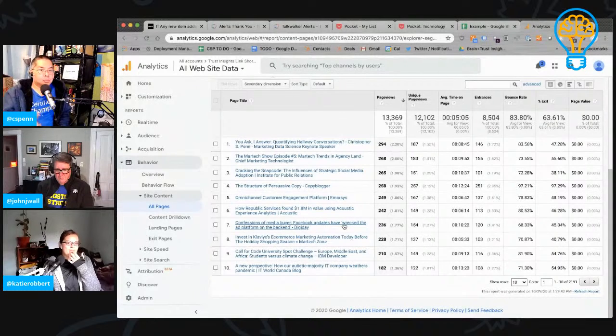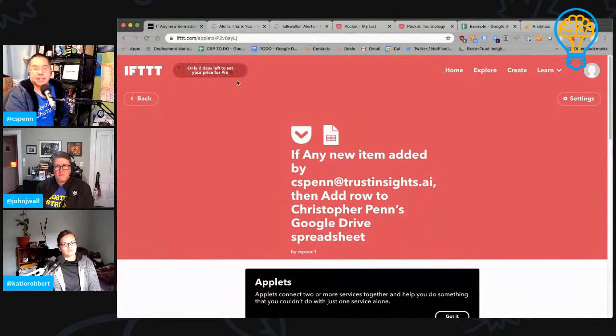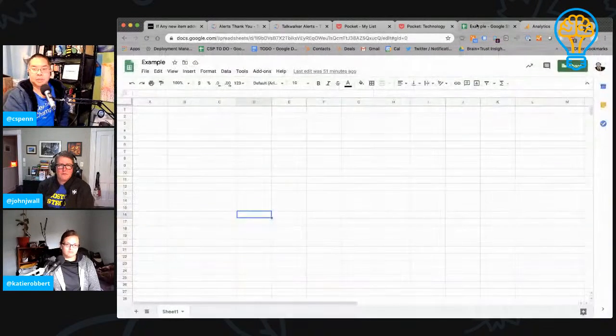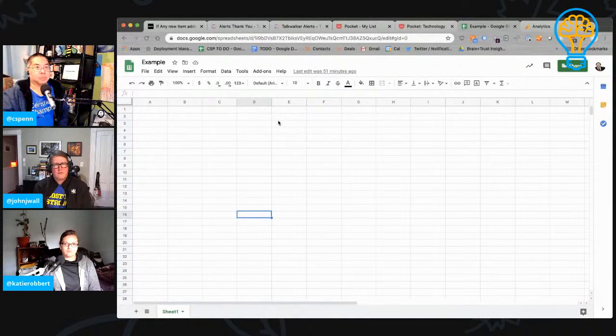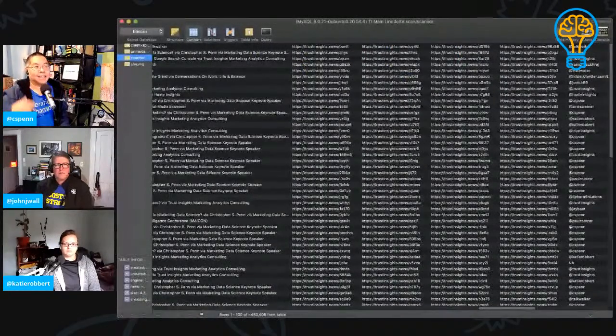So to summarize, content curation is how you prove your expertise, right? Prove that you're dialed into your industry. The basic way to do it is to use a service like Pocket and something like If This Then That to marry a bunch of different data sources together and send them to some kind of a database. In this case, from our example, a Google Sheet. Once you've got that, you edit that, and then you load it to a social scheduling tool, and it keeps things relatively clean. If you're more advanced, you have a back-end database of some kind, which does exactly the same thing, but at a much larger scale and gets all your content ready.